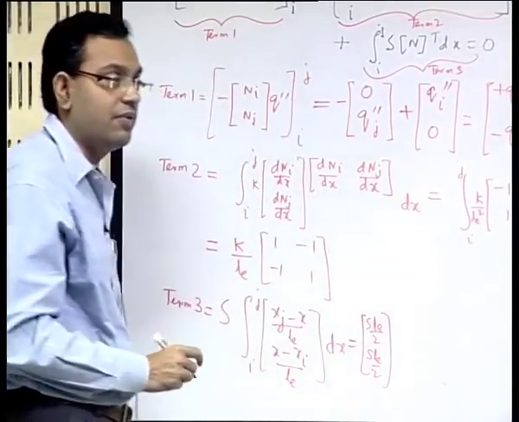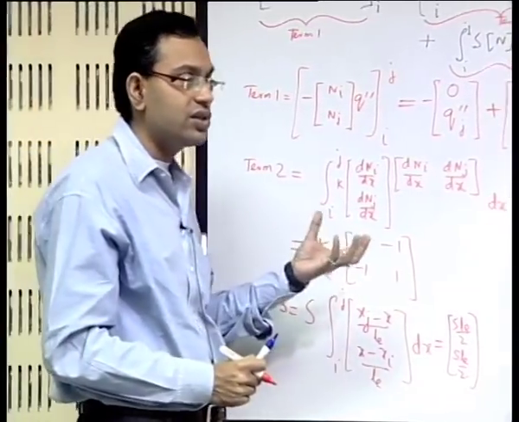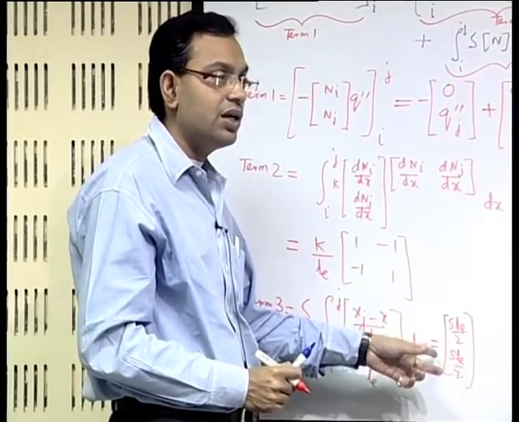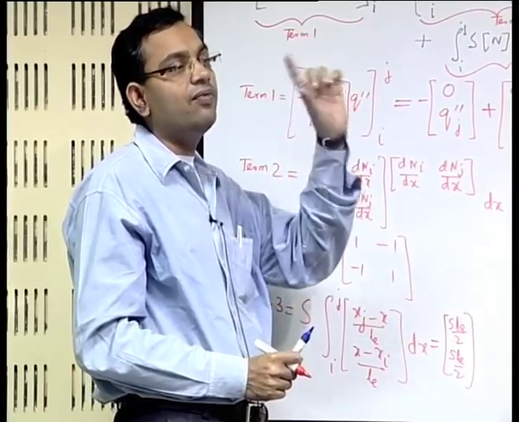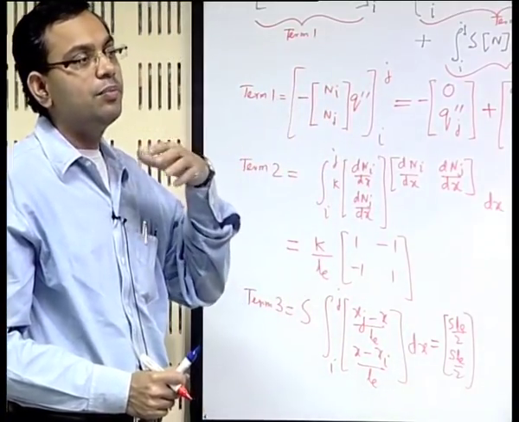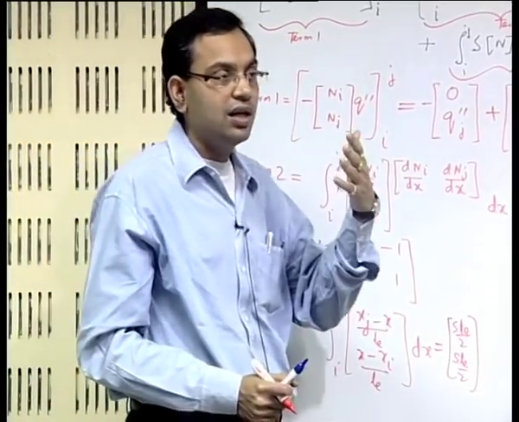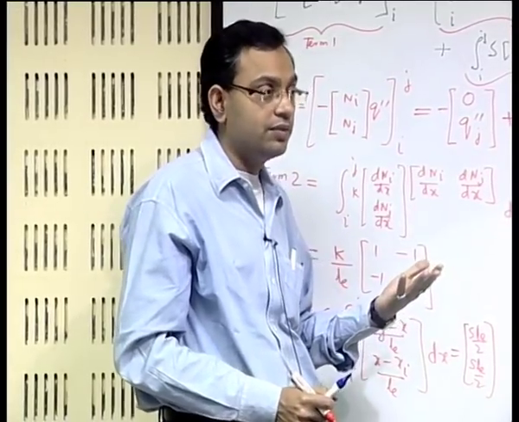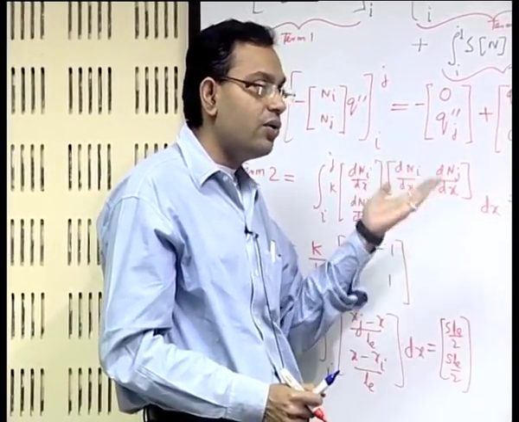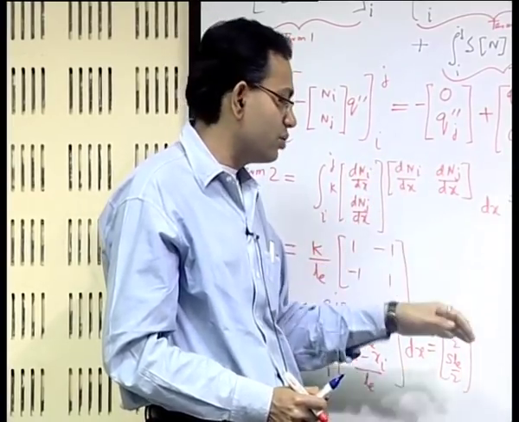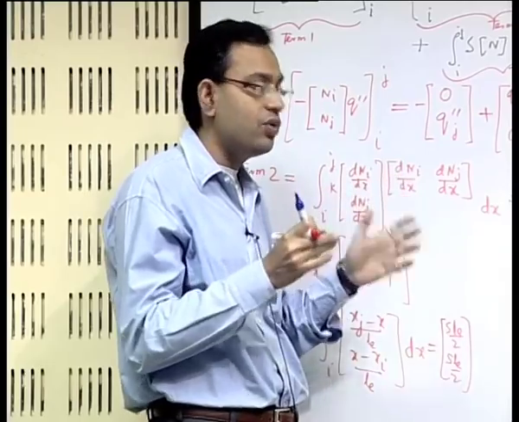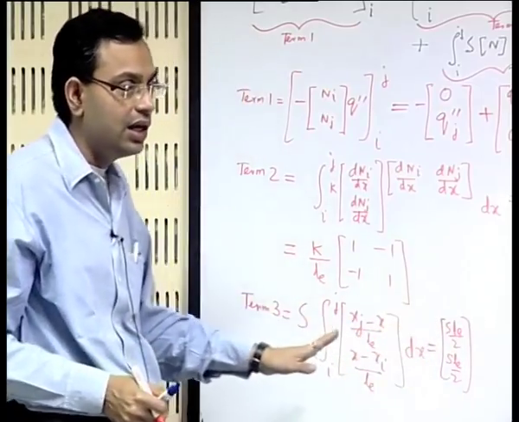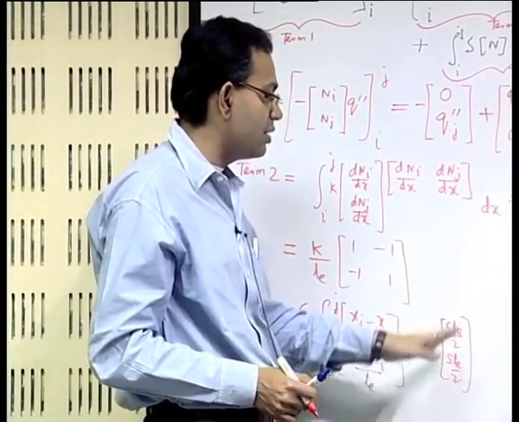See, this is a common sense affair. You have the total heat source as S into Le, and that is dumped in the two nodes, because eventually the entire effect of the element is manifested by the behavior of the nodes. The nodes have the sole responsibility of taking care of the burden of representing the behavior of the element. So whatever is the total, that is now apportioned between the nodes. Because there is no bias or asymmetry between the nodes, it is just a 50-50 share. It is a common sense thing, even without doing the integration you can see, but of course by doing the integration you can exactly verify that.